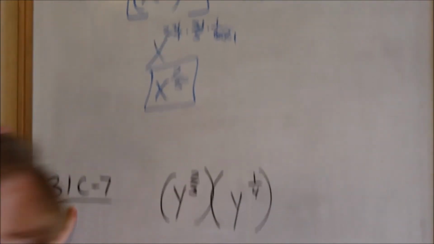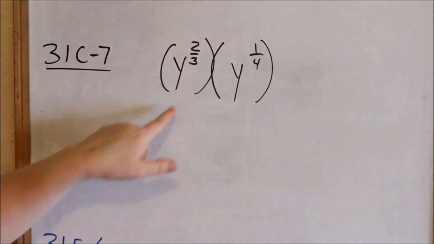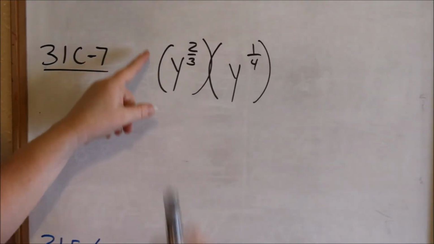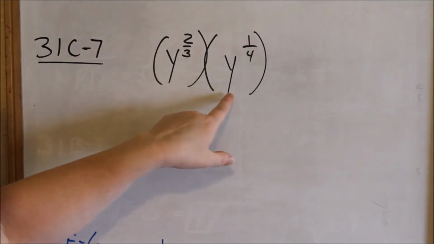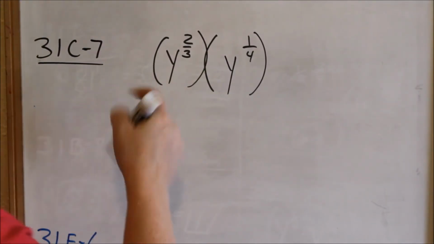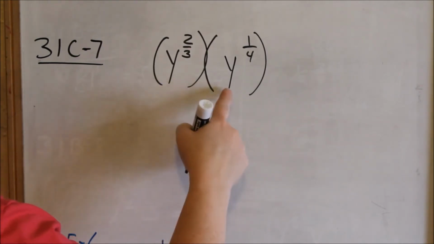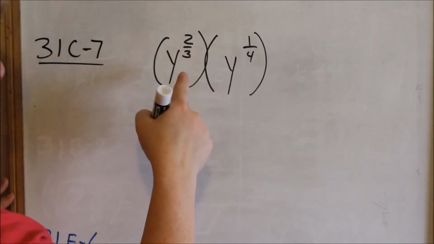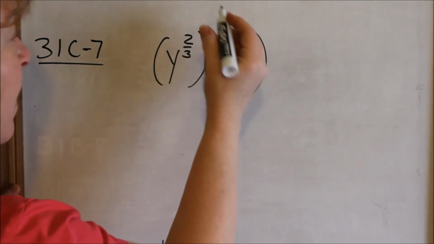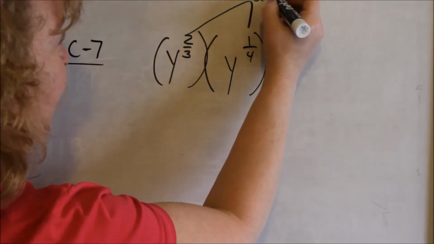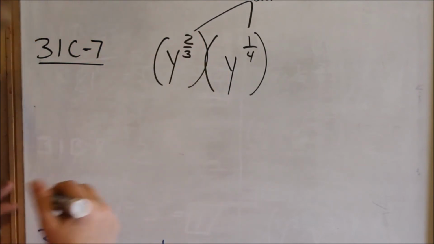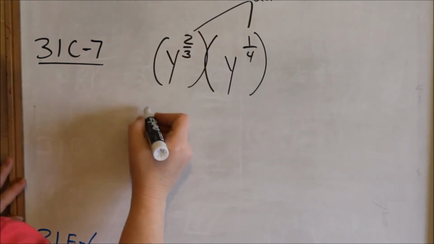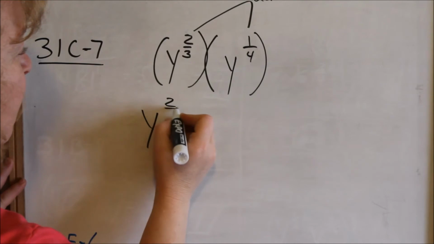Now let's look at 31C number 7. We have y to the 2/3, parentheses means times, y to the 2/3 times y to the 1/4. We have the same base. We're multiplying the same base. What do we do with our exponents when we multiply the same base? We add them. This is not anything different than when we did not have fractional exponents. Now we just have fractional exponents. So you add your exponents,